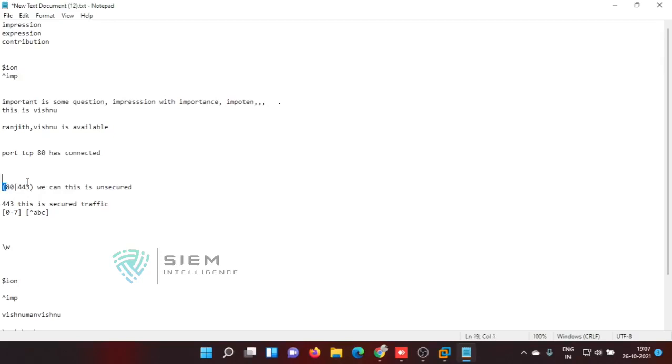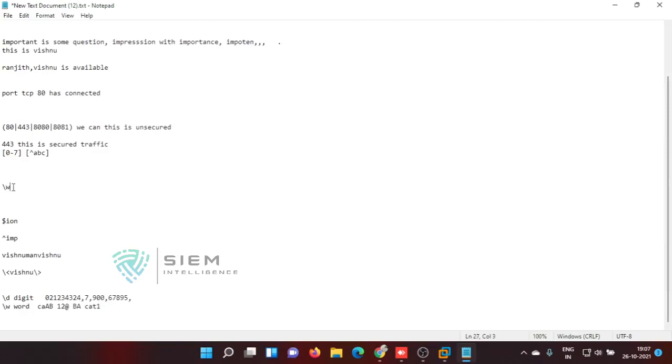This is an OR condition. If you have multiple conditions, you can check either-or using a pipe, give 8080 pipe 8081. It will check all the conditions. And this is 0 to 7 and this is neither condition.